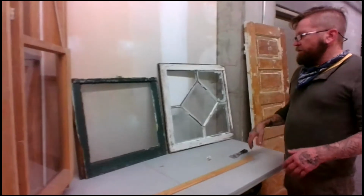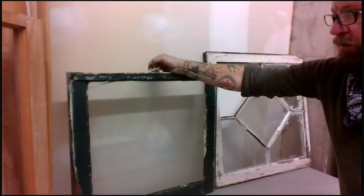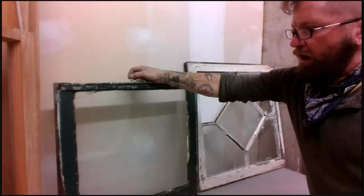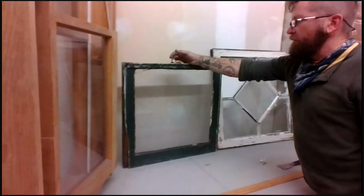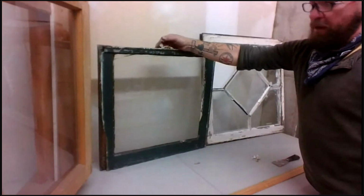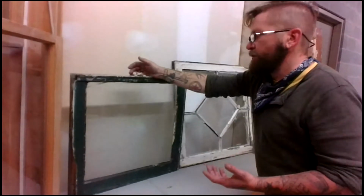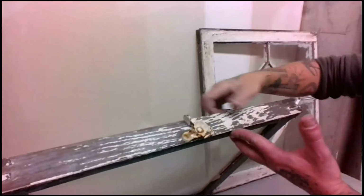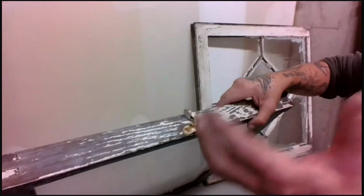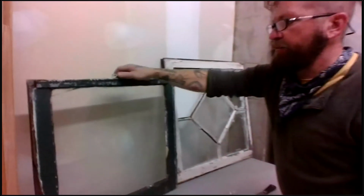Yeah. So obviously, the most obvious hardware is the lock between the lower sash and the upper sash. Those are really easy to maintain. This one, like a lot of our window hardware in our homes, is painted. So the best thing to do when you're painting or repainting your windows is to remove the hardware first. It's real simple. Two screws. Just pull those out, set it aside, paint it, and when the paint's dry, put the locks back on,